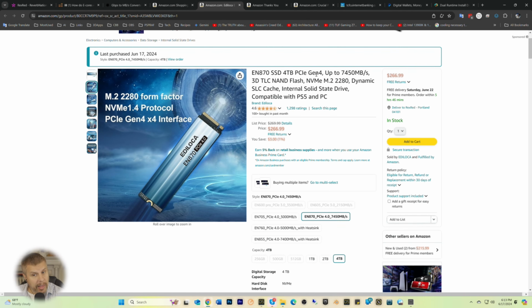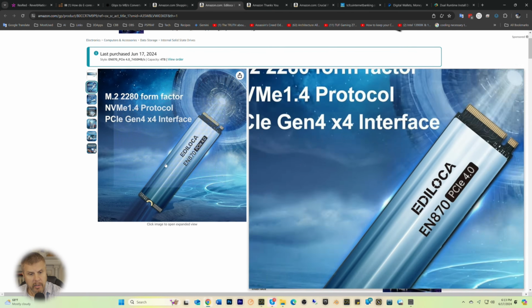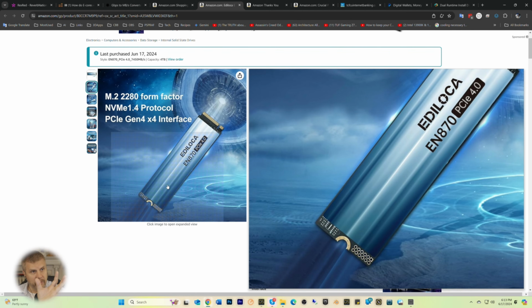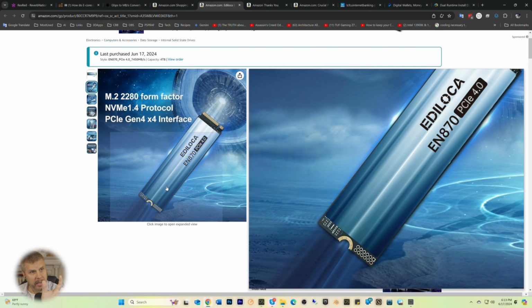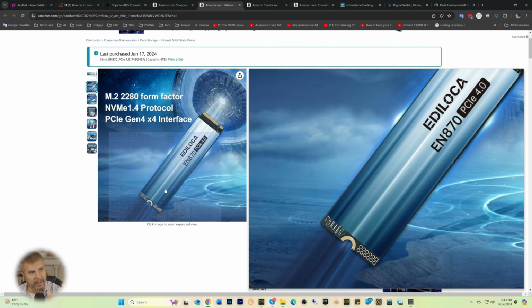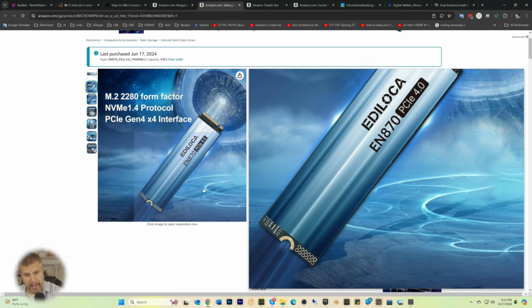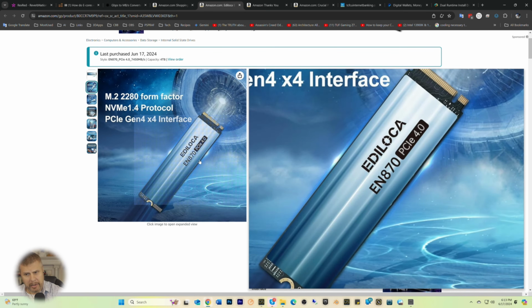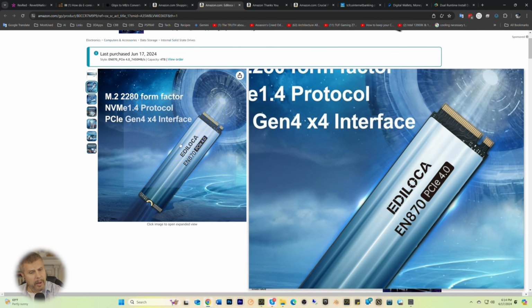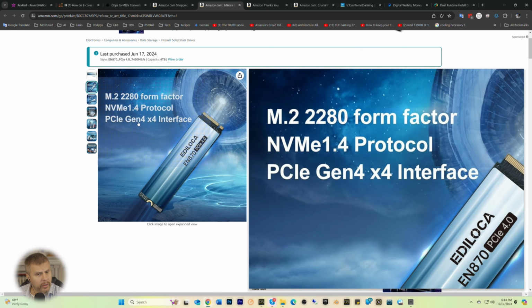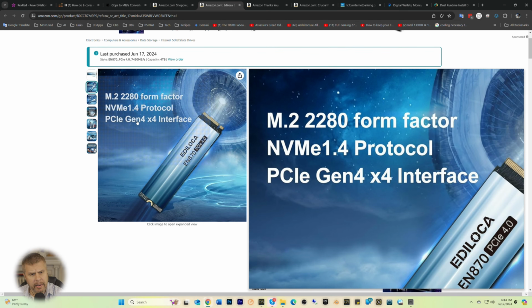is PCIe Gen 4, which means that this little chip is about the size of, well, I would say this size, between my fingers there. It's a tiny little thing, very flat, about the width of a matchbook. And you plug it in, my motherboard is PCI Gen 4. There's also Gen 5. And